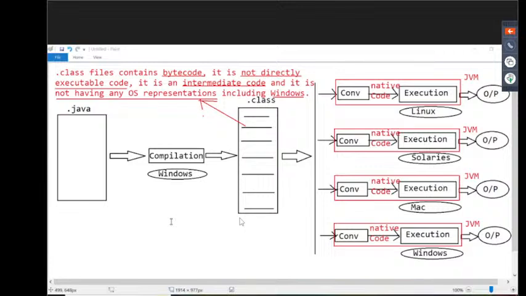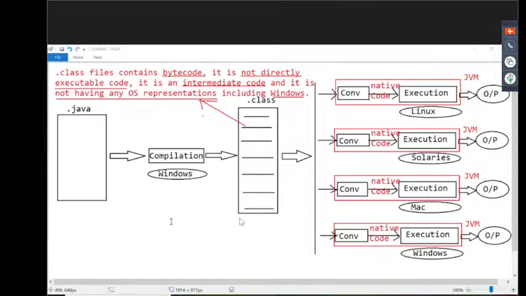Now tell me, altogether, how many times I have to install my Java software here? Five times we have to install. For each and every operating system, we have to install the Java software separately. So it means that Java software is what? Platform dependent or platform independent? Platform dependent only. But Java programming language,